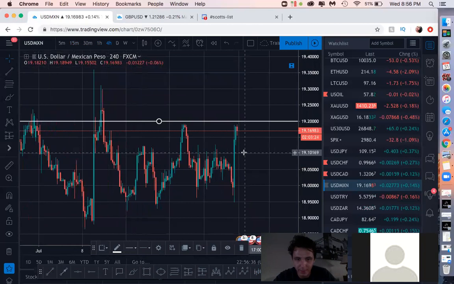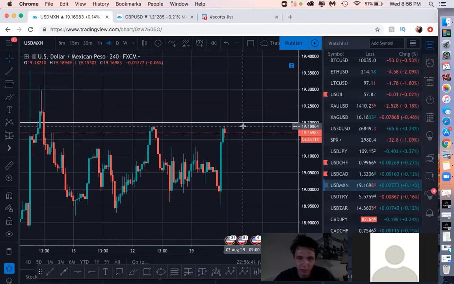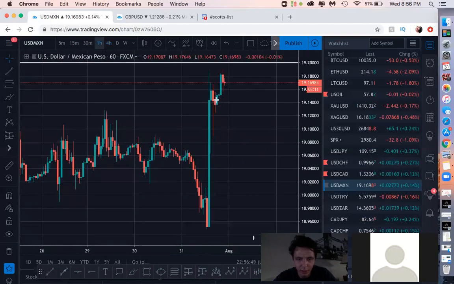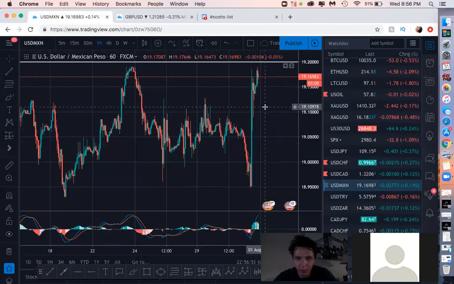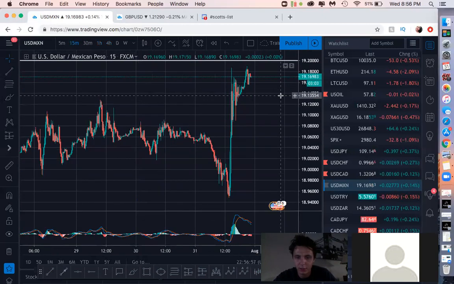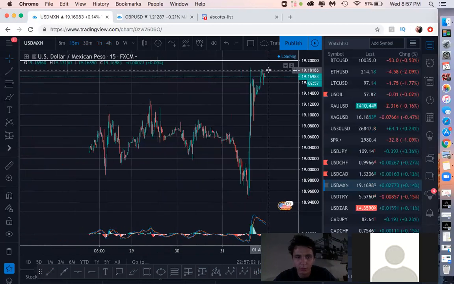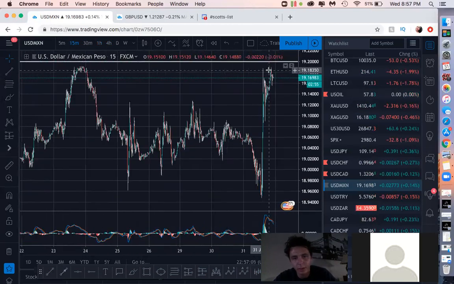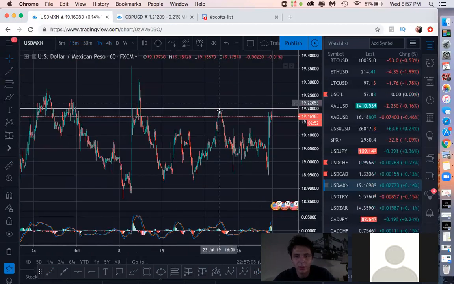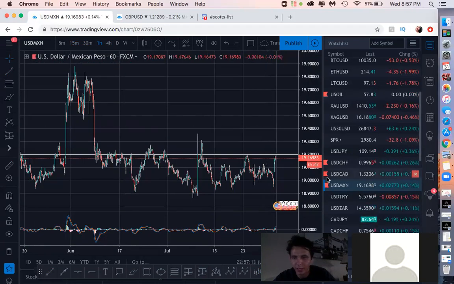Definitely see this turning around here. Definitely since it made equal highs with this. See how the 1 hour is looking. These still extended. 15 minute. 15 minute coming down as price is going up. So you're still kind of waiting. Nothing really signaling an entry off the peso right now, but I'll add it to the list.